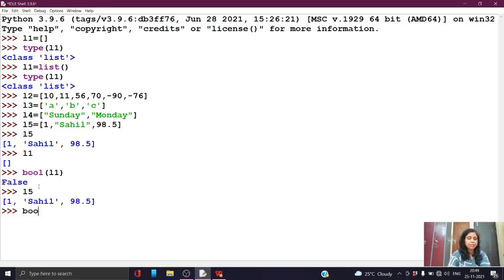Now you can check bool of L5. Here you can see the result, that is true. Why? Because L5 contains some values. That means the boolean value of L5 is true. But if your list variable is an empty variable, then if you check the boolean value of L1, at that time you will see the result is false. Hope all of you understood how you can create different list variables, right students?